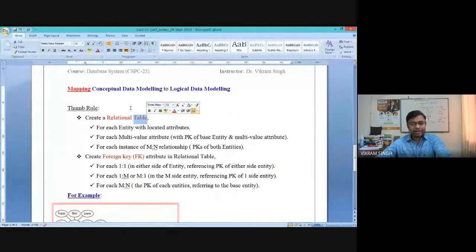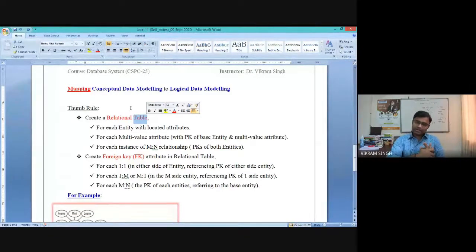And if we are creating a database table for each entity, we will have all the attributes of the entity in the table also, including the primary key, right? So the first rule should be clear: for each entity you will be creating a table. It is the minimum number of tables you can have in a database.